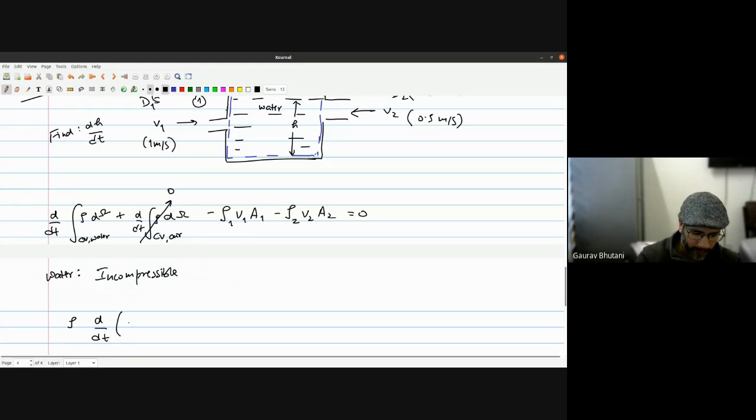So this is d by dt of the volume of CV water, and this is equal to rho 1 V1 A1, and again rho is rho of water, right? So in this case, it's a constant, plus V2 A2. So rho gets cancelled,